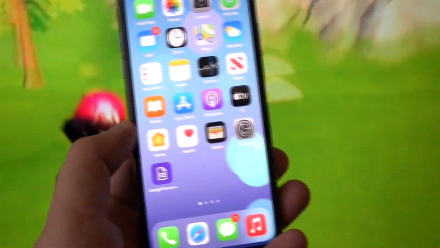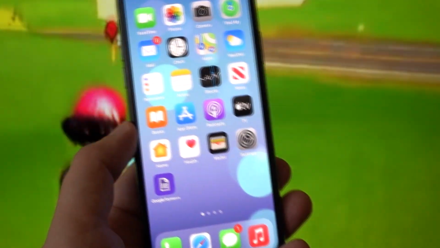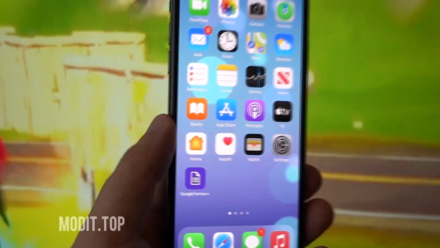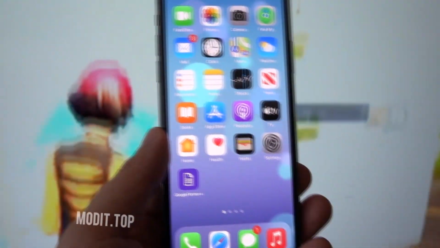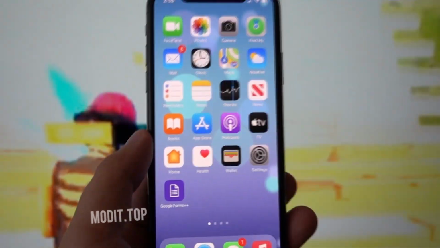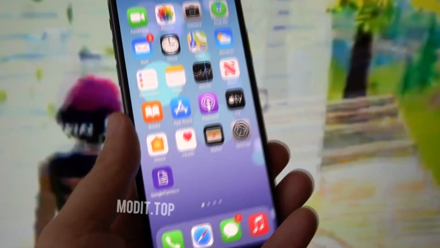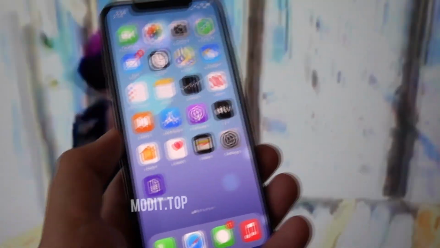Welcome everyone to this video, and in this video I'll be showing you how to download the modded version of Google Forms onto any of your iOS or Android mobile devices. It is called Google Forms++, and using this modded version of Google Forms, you can get access to all the